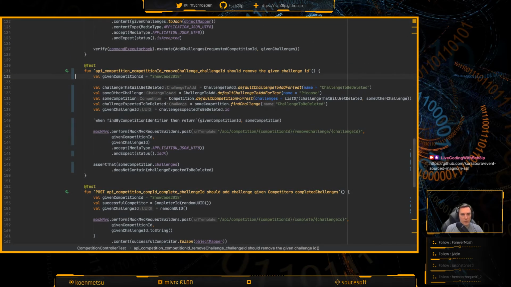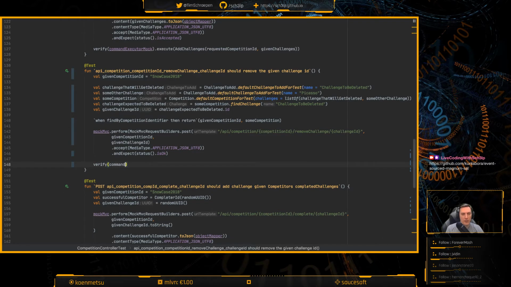So this thing should be moved to a handler for a new command that says verify command executor mock execute remove challenge with what? Well, with the given competition ID, which is going to be wrapped into a competition ID class, and a given challenge ID.